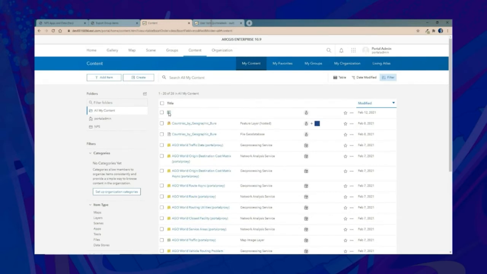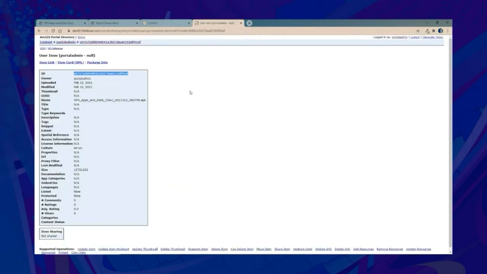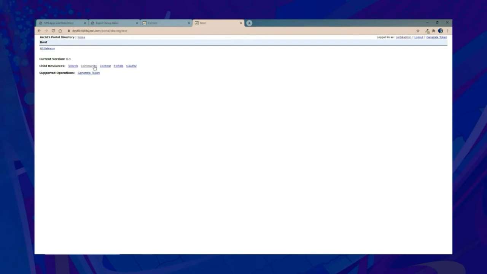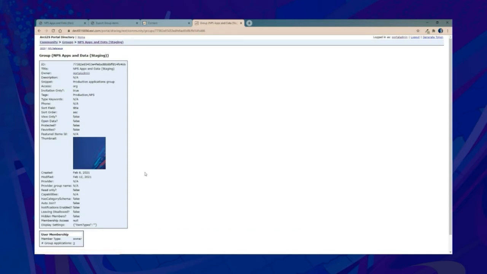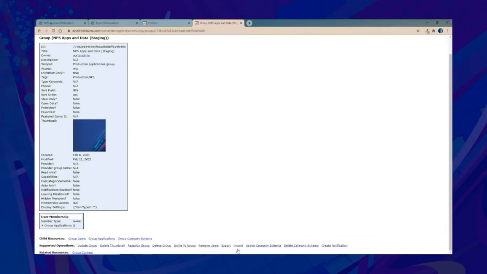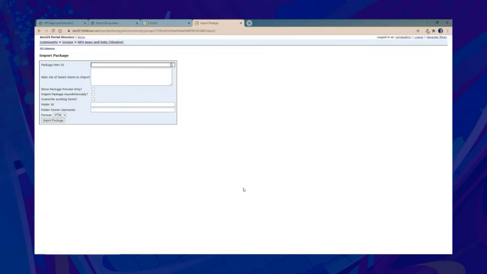So now that the item's been added, we'll go back into the REST API and go into the group that we're looking to import the item into. Since the item has been added, we'll go into our desired import group, and import the item into the group using the import tool to unpack all the items that we previously exported. We'll paste in the package item ID, as well as the ID of the folder that we're planning to add the item into,